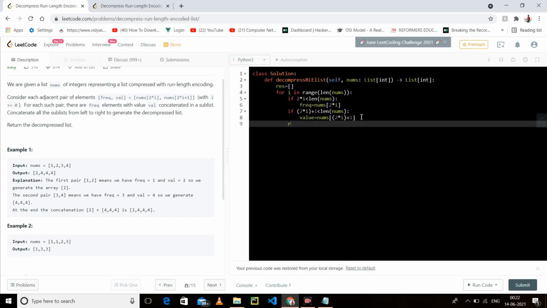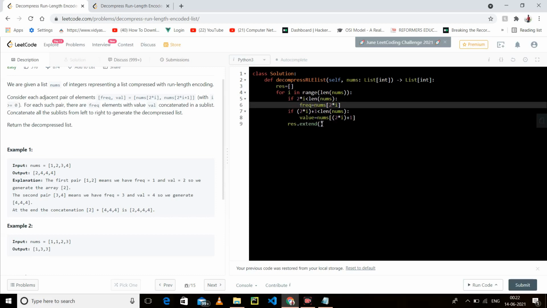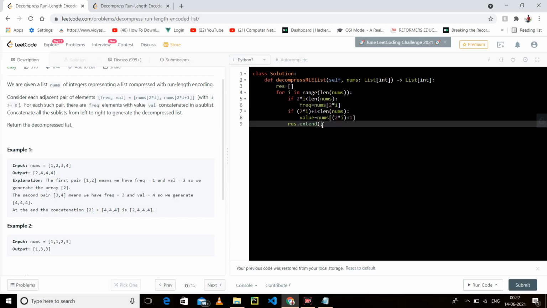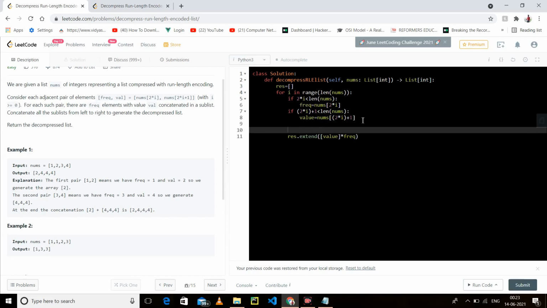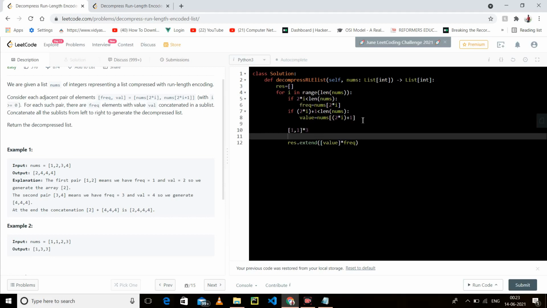In Python we have a feature: first I change it into a list, then if I multiply by frequency, it will duplicate the item that many times. For example, if I have a list 1, 1 and I multiply it by 3, it becomes 1, 1, then 1, 1, then 1, 1.